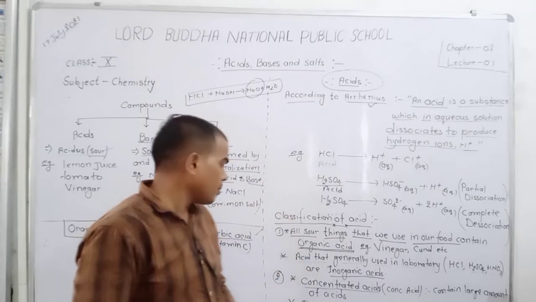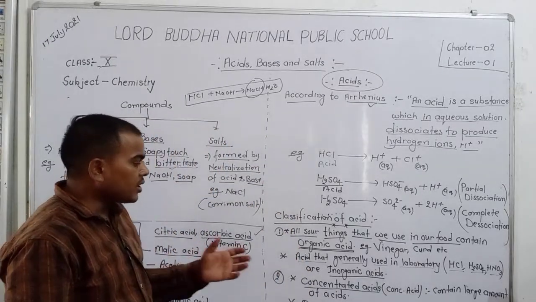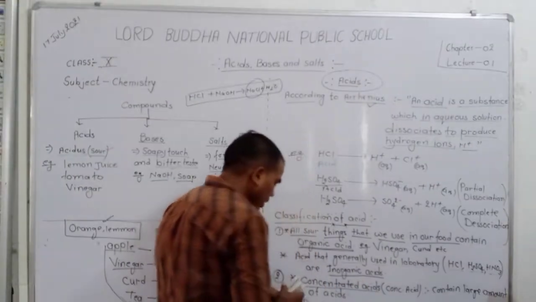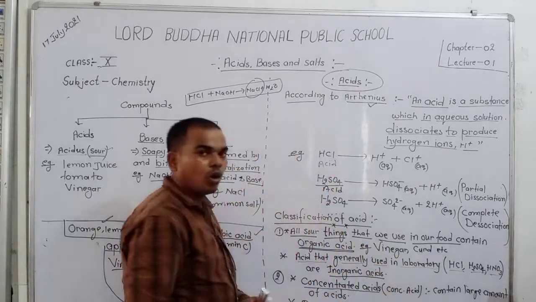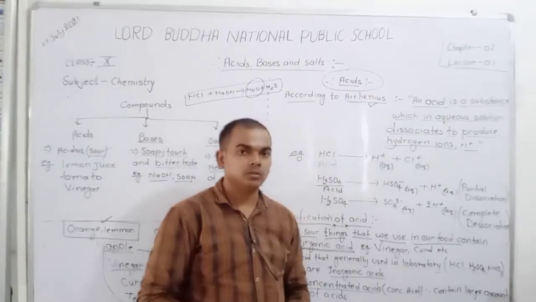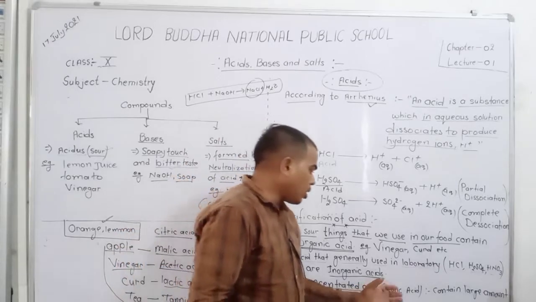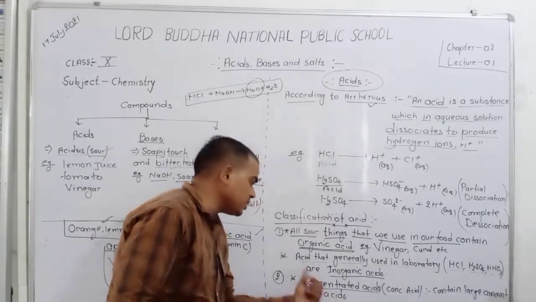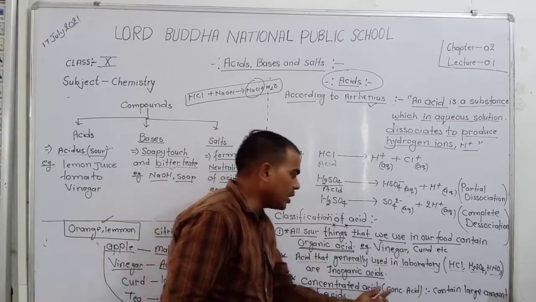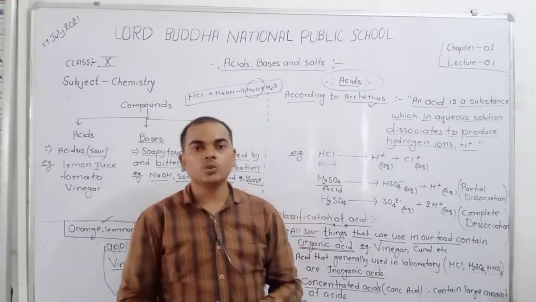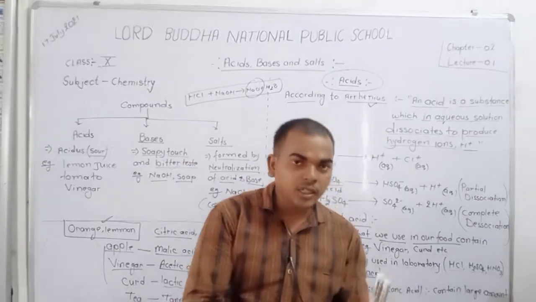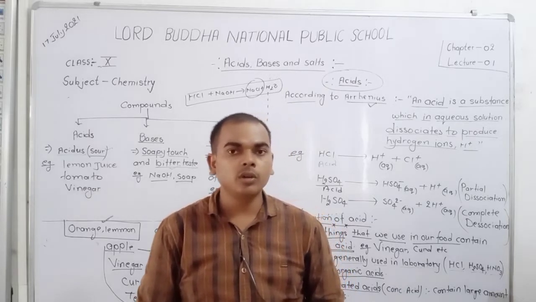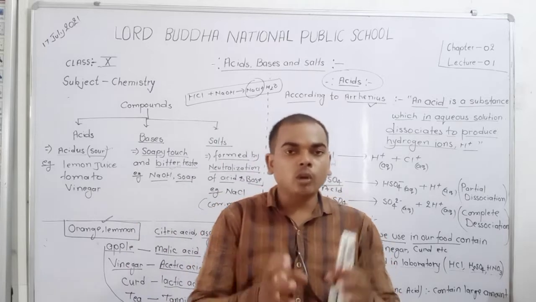Okay, students? Now discuss concentrated acid. Dear student, the concentrated acid is also written as conc acid. Conc, in short, conc acid. Dear student, a conc acid contains a large amount of acid, but a dilute acid contains a smaller amount of acid. Dear student, dilute acid and concentrated acid is a comparison phenomenon, because when you dissolve the acid in water,